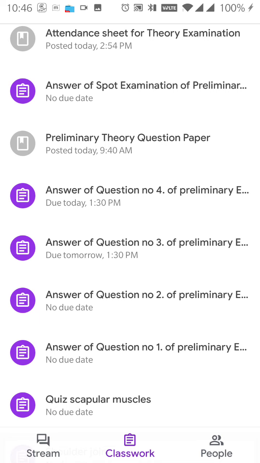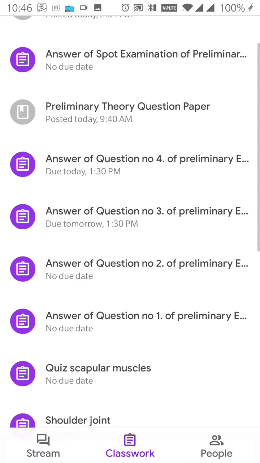Why are we doing this? So the file size should not increase so much that it leads to difficulty in uploading your answer sheet. So you can use any software, either CamScanner or other software, Adobe Scan, whatever software you want to use. Once your scanning is done, convert into PDF form and you can upload by clicking this link.